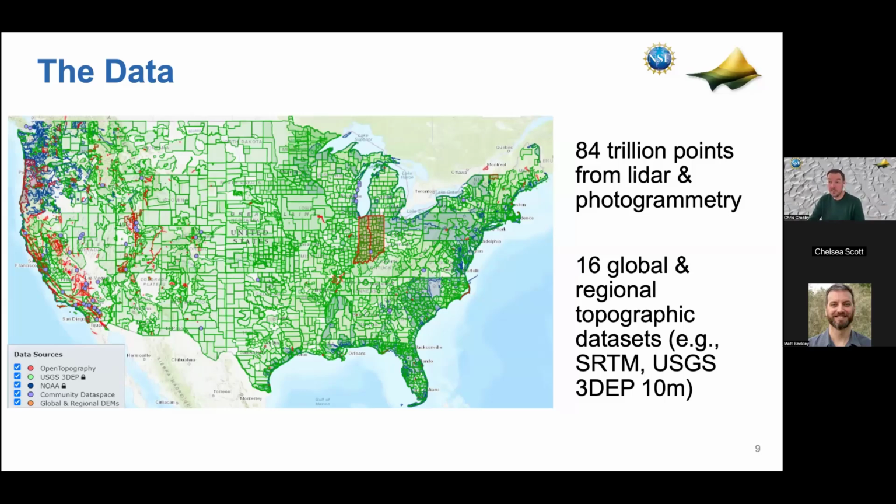So the idea here is that you can get this data from the USGS, you can get it from NOAA, you can get it from other places, but we're applying a value add to it by making the data easier, by putting these processing tools and visualization tools adjacent to the data.